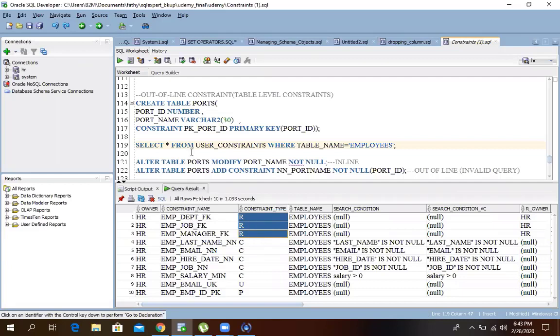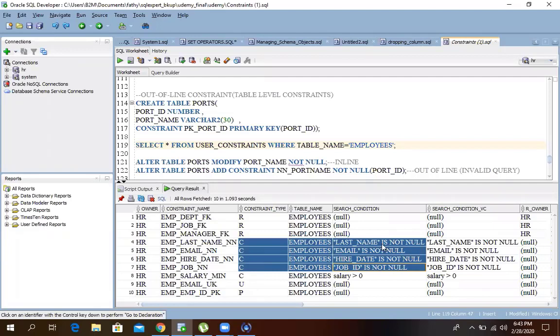Okay. So C is for check constraint and not null constraint. How do I say that C stands for not null constraint? By seeing this search condition column, where the people declared not null like that, I came to know they declared the not null constraint for these 3 columns.